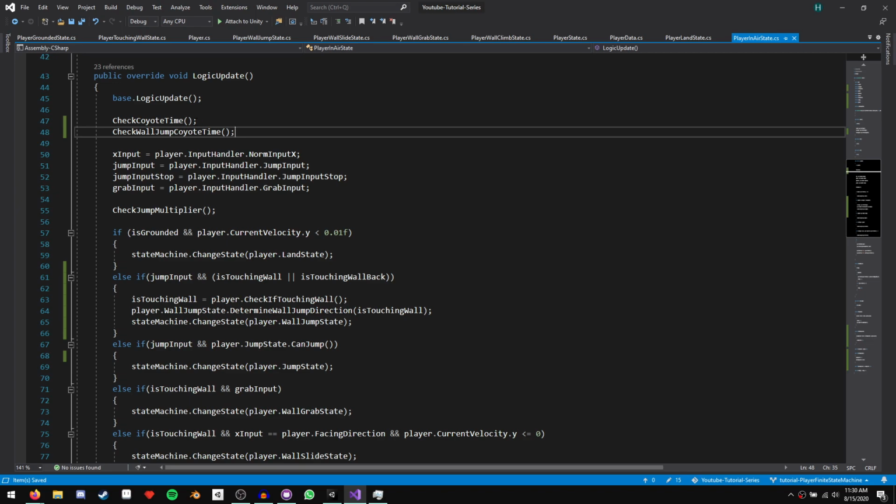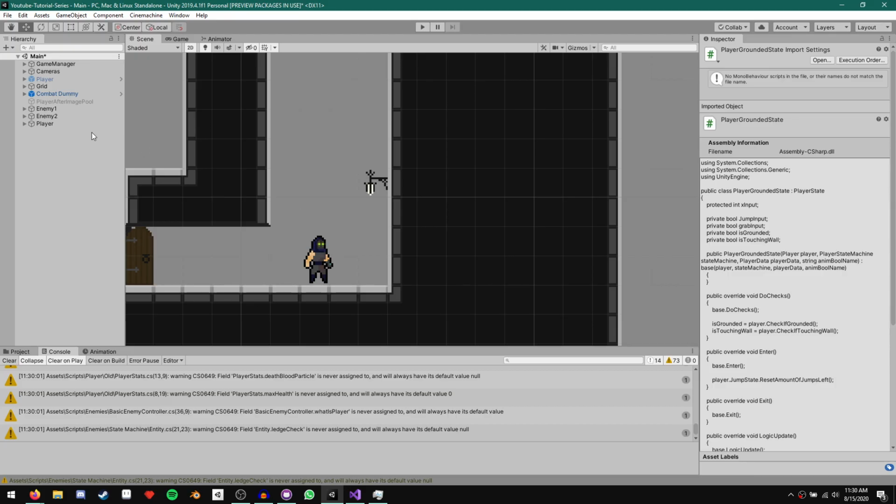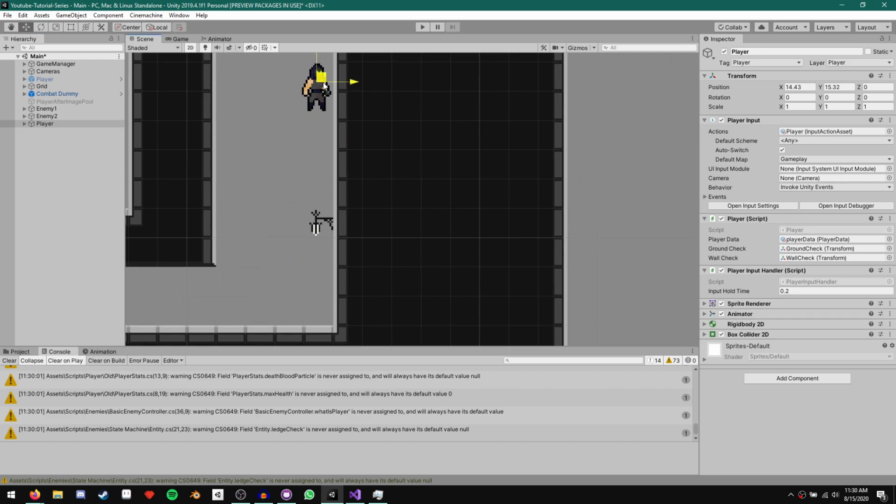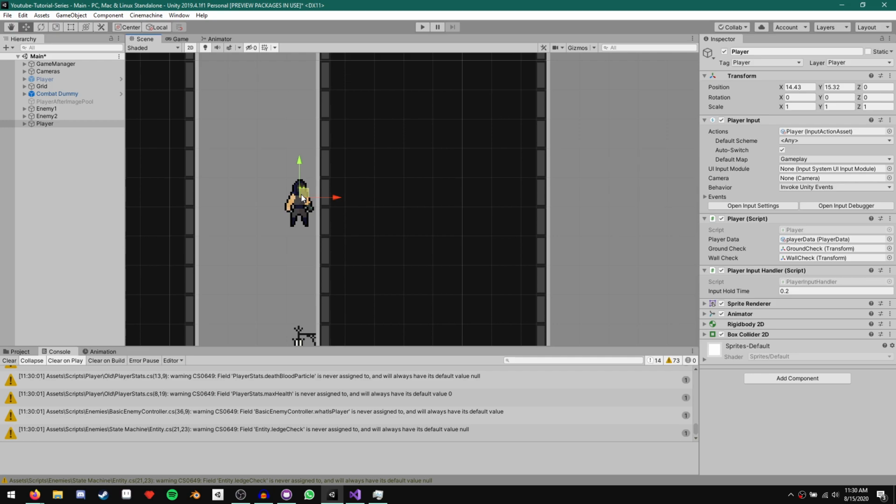So now how do we decide when we start this coyote time? So let's think about that for a second. We'll go back to Unity and I'll move the character around again just to help with the explanation. So say we're currently falling down the side of the wall like this. Whee! Okay, and now the player decides to give a negative X input. So our player flips and now he's facing left. And he starts moving in this direction.